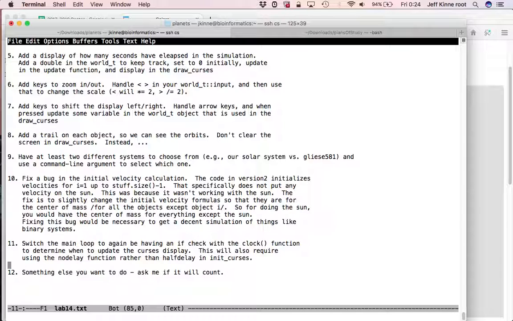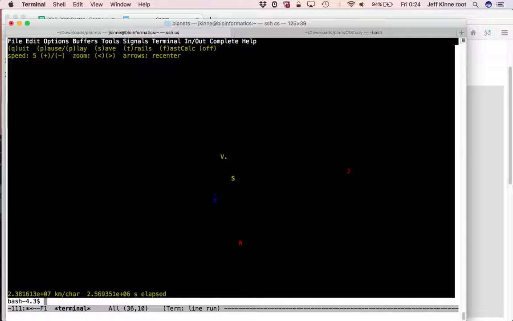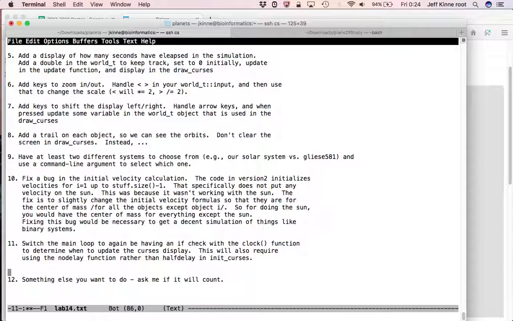I feel like there was one other thing. Let's go back to the fast calculation. Did we have that in there? Yeah. Fast calculation mode. So add a setting to do that or not. So for fast calculation,